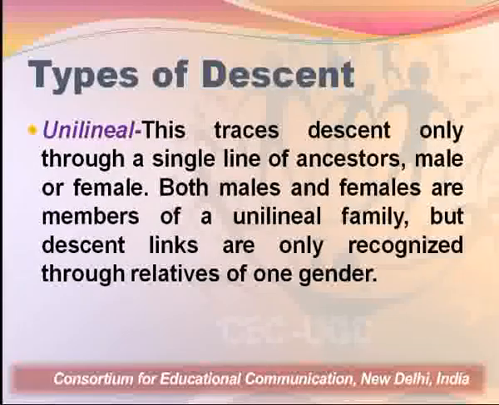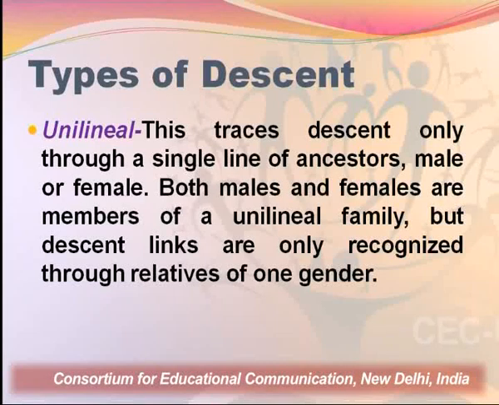Then when we look into descent, most anthropological theory tells us that there are different types of descent, and the first type is unilineal. As the term tells us, unilineal descent implies that there is a single line of ancestors, male or female. Both male and female members belong to a unilineal family, but descent is recognized only through relatives of one gender. To put it more simply, in unilineal descent, only one line is used to trace our ancestry. It is either a female line or a male line,